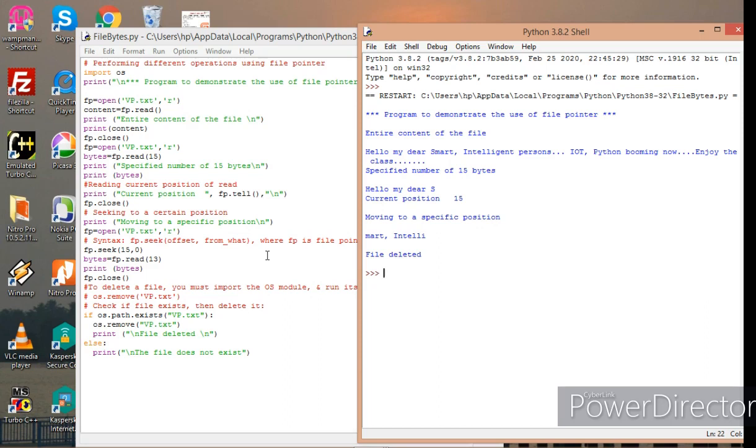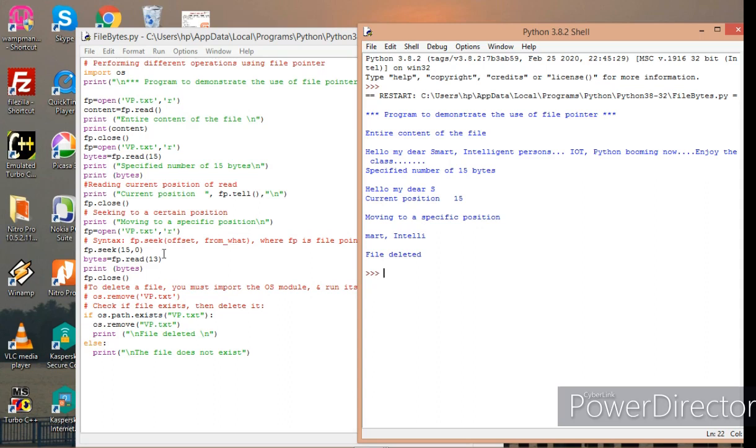The reference point is selected by the from what argument, and it accepts three values: 0, 1 or 2. 0 sets the reference point at the beginning of the file, 1 sets it at the current file position, and 2 sets it at the end of the file.